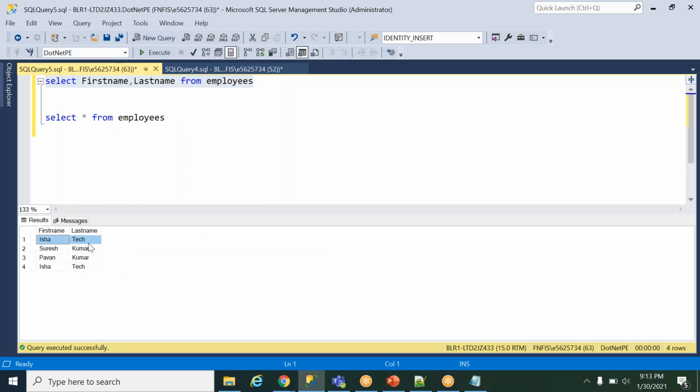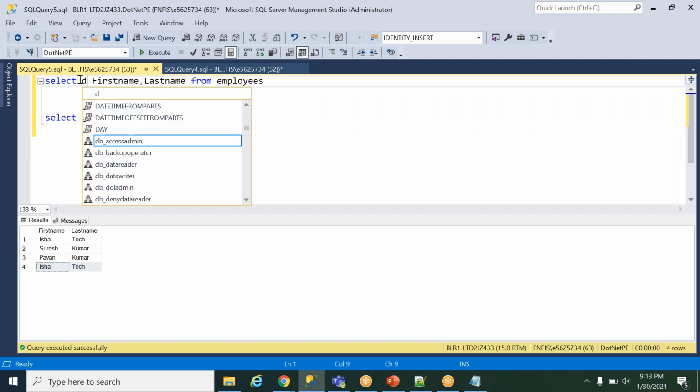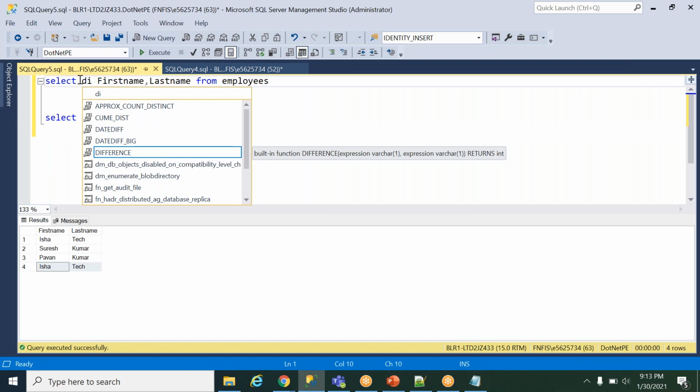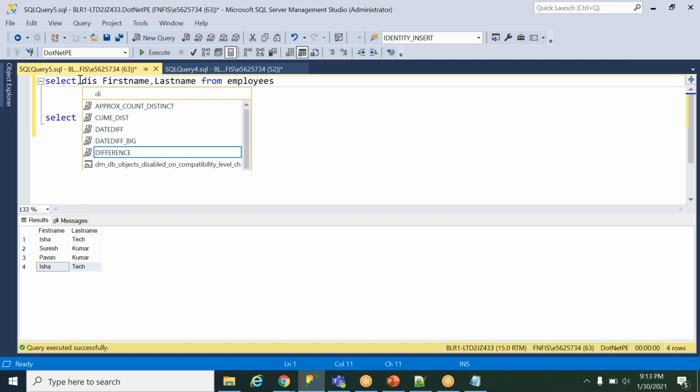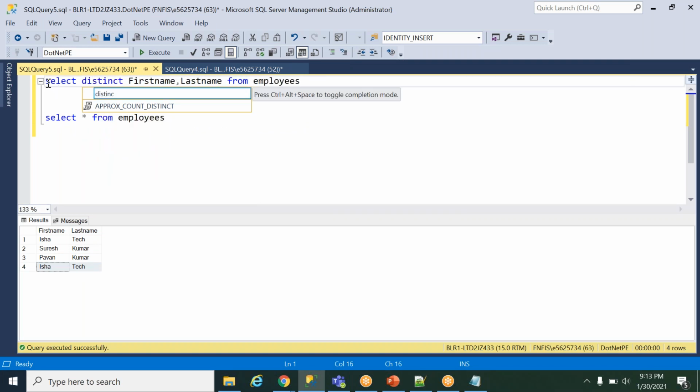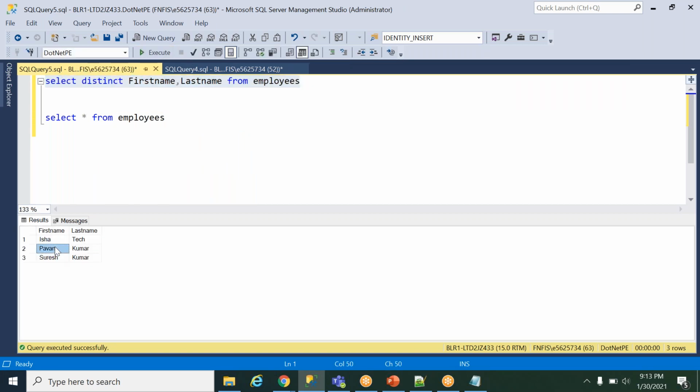To the user it looks like there is a repetition of data. To avoid this repetition, we use DISTINCT, which gives unique values only. Now when you put the distinct here, it gives only unique values and removes the other employees having the Isha and Tech name. So DISTINCT is always used to fetch unique records only.